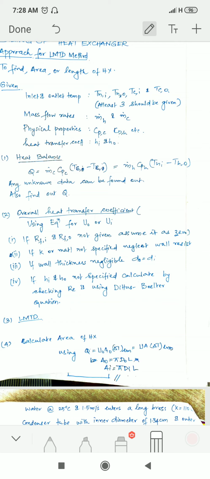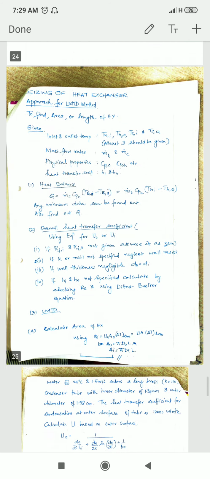So we know from module 2 convection that to find out Hi, we need to know the Nusselt number concept. So I think that you are familiar with that. That is the maximum complexity that can come in heat exchanger problems, but 90% it won't be asked in the exam, because it will be time consuming. So if Hi and Ho are not specified, then they are calculated by using the Nusselt number analysis.